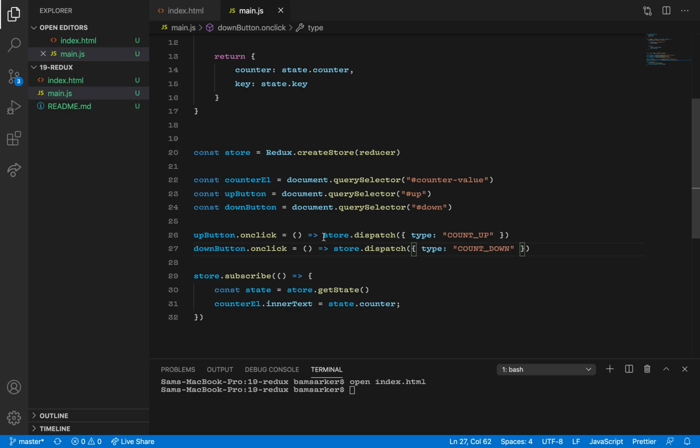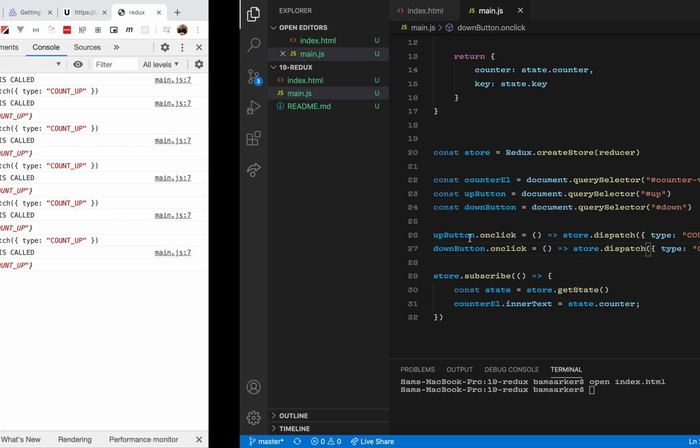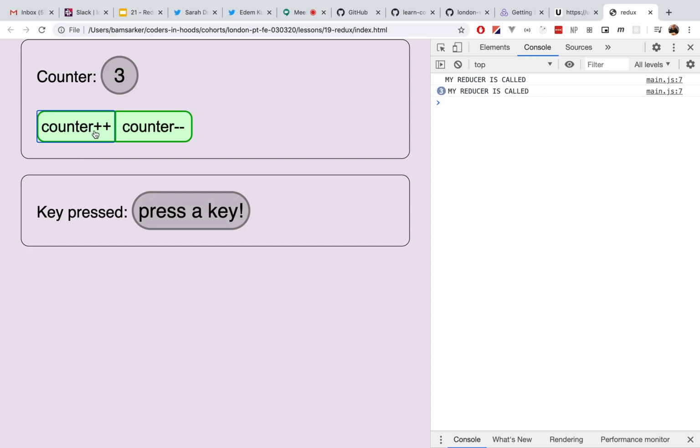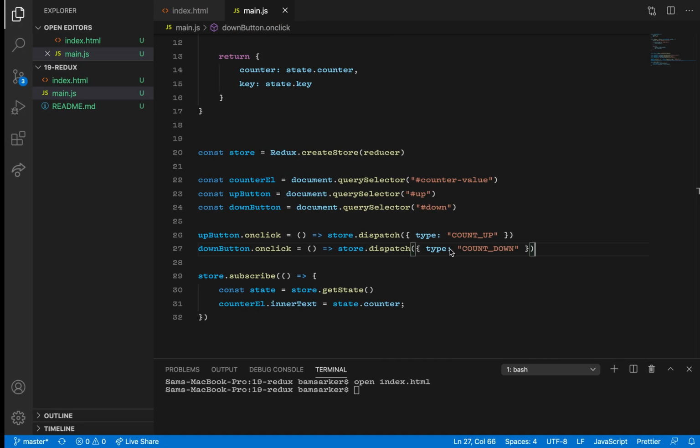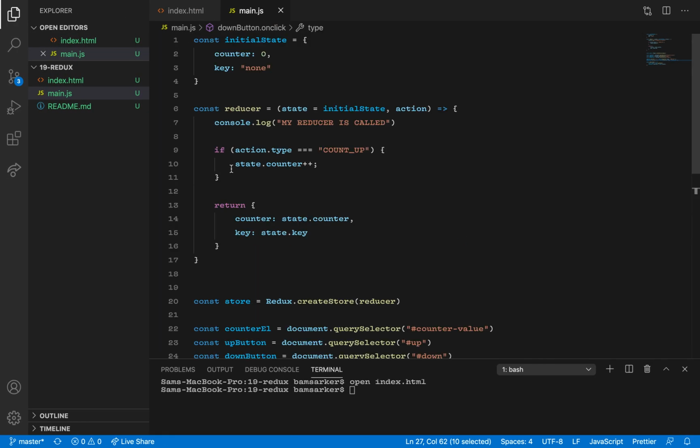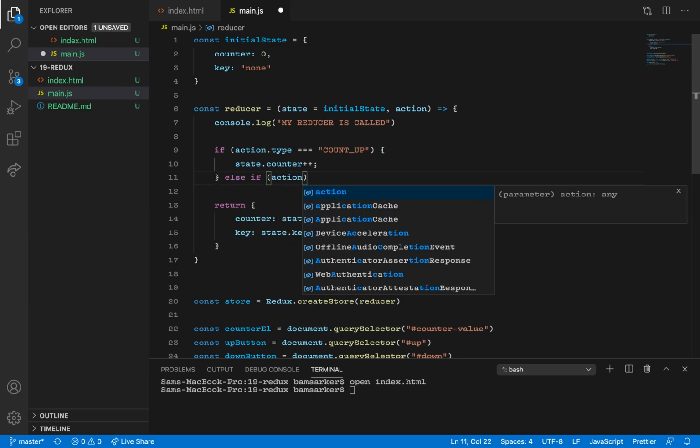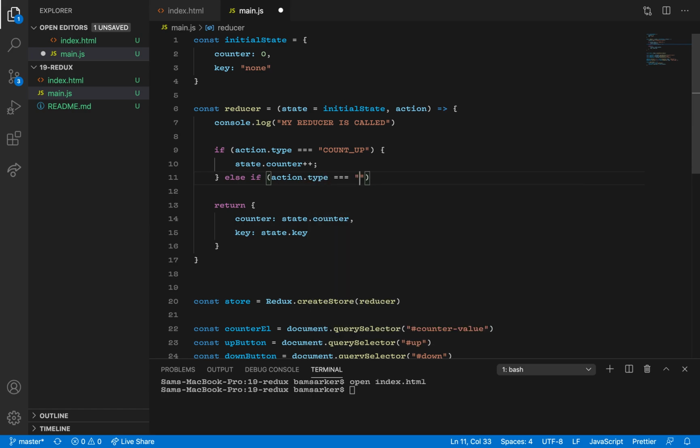So this again should feel very familiar. I'm sure we've done this sort of thing, and instead of store dispatch it would just be a function that is called count up. But here, if all of your different components, all the parts of your app are communicating with the central store, they must dispatch an action, and count down isn't doing anything. We need to support the action type of count down,